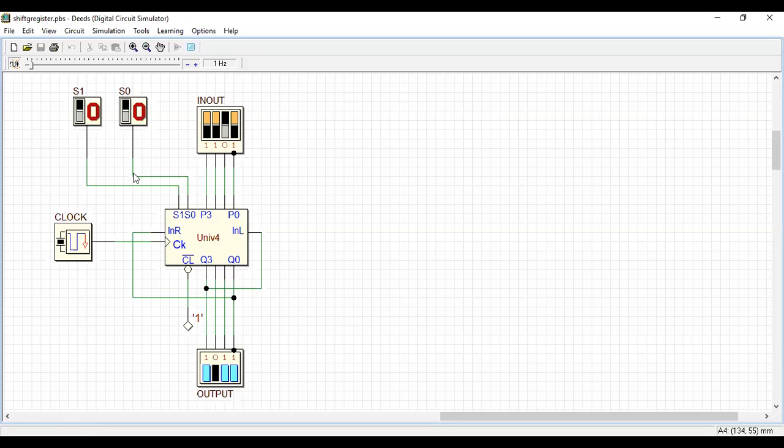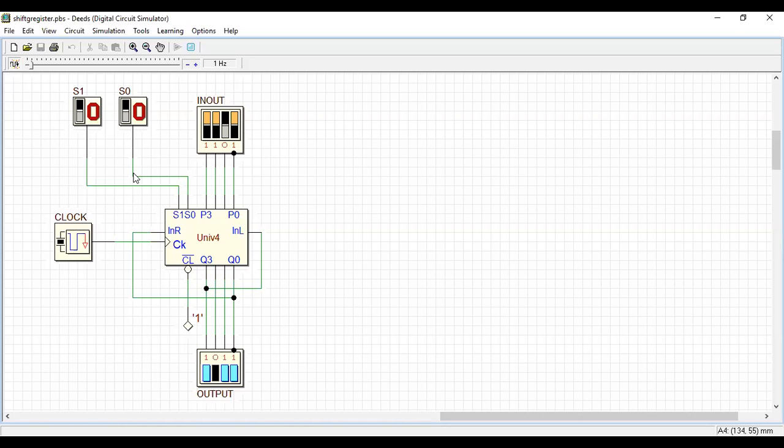So what all can I do in the universal shift register? I can take parallel input, I can do parallel output, and I can do serial shift right and shift left. So these things I can do using this shift register. We have discussed today the shift register using basic D flip-flop. I did only the 2-bit shift register. It's your practice to come back with your assignment of 3-bit or 4-bit shift register.